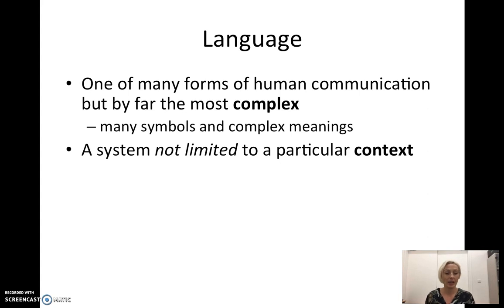Also, if I show you my phone, I can only do this if my phone is here. But with language, I can talk about my phone even when it's not here. I can talk about anything, things that you can't see, like love and hatred. I can talk about things that you don't know. I can tell somebody who's never seen